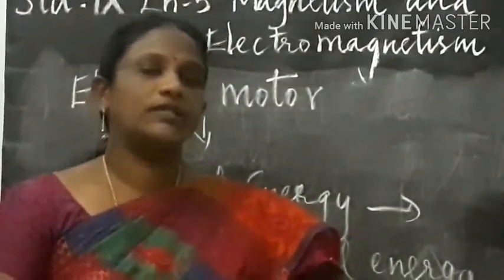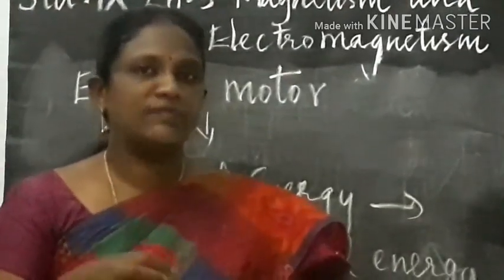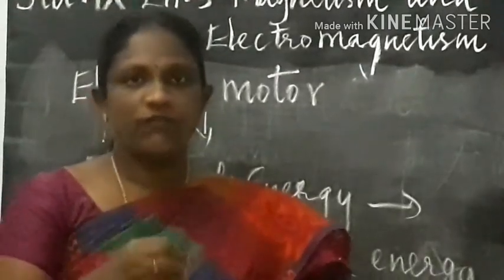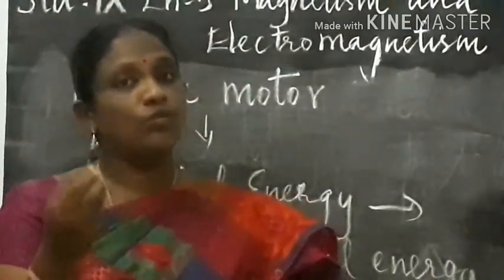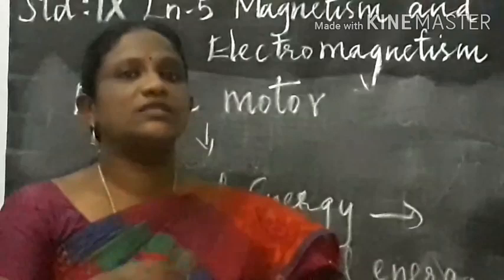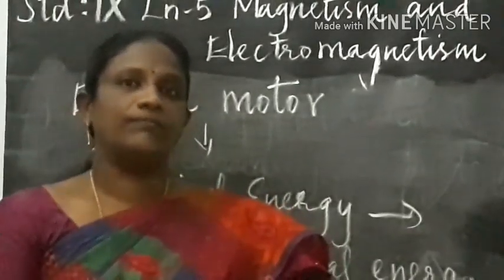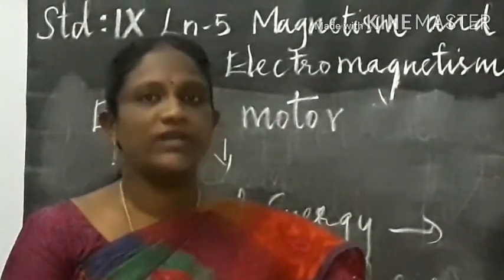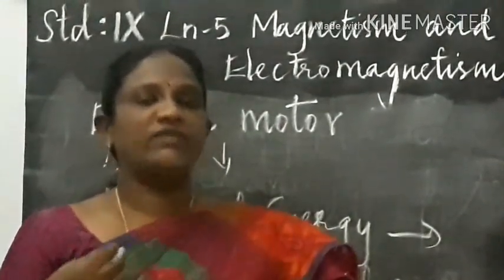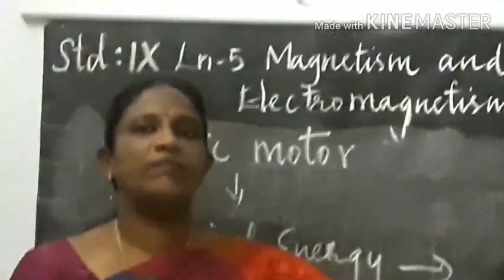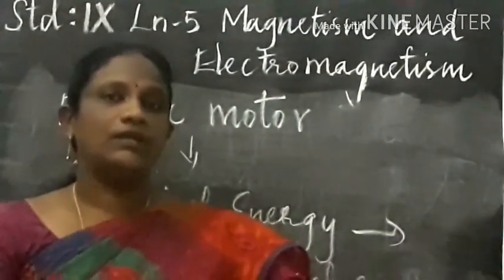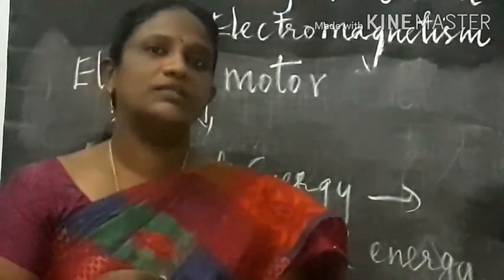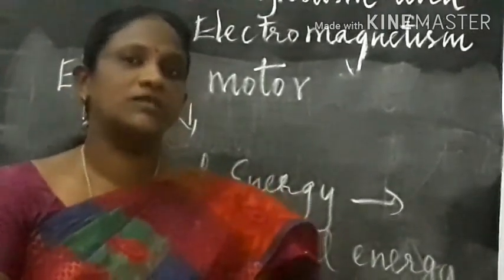As we know, whenever a current carrying conductor is placed in a magnetic field, a force is created and this force makes the conductor move. This is the principle used in the electric motor, and there will be a turning effect. Only when there is a turning effect can the motor rotate, which converts the electrical energy into mechanical energy. The working principle of the electric motor is given in the video attached.